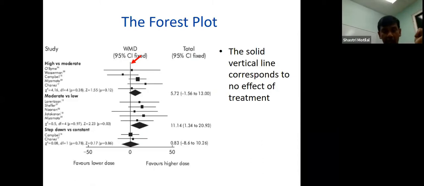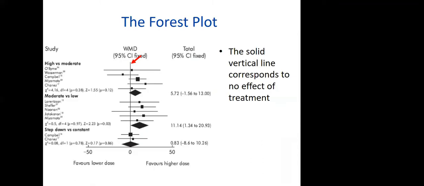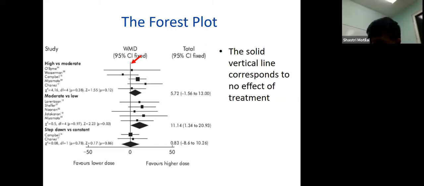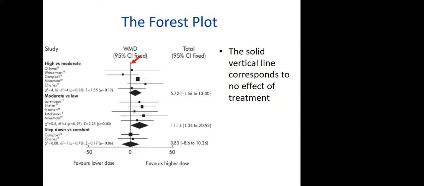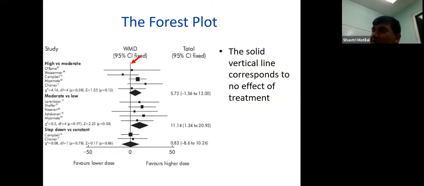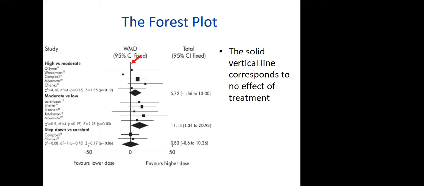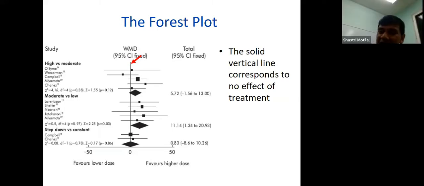So a good p-value for clinical significance is less than 0.05, but a good p-value for heterogeneity is more than 0.1. Perfect interpretation. I couldn't say it better. Thank you for saying it. A p-value of more than 0.1 actually means there was no heterogeneity and it was appropriate to combine these studies.